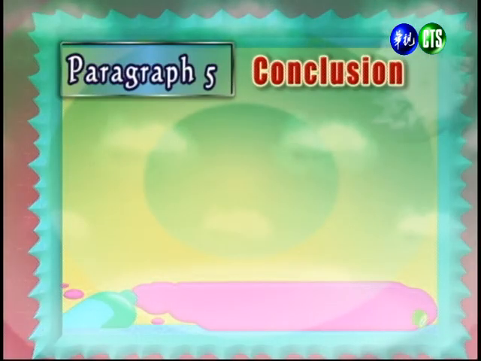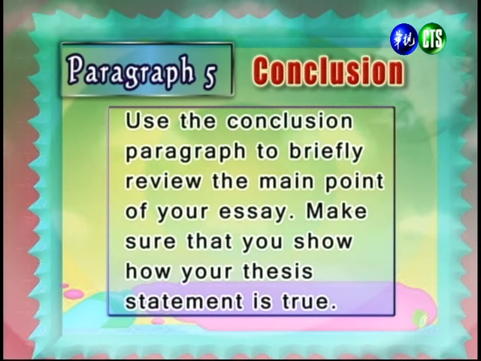All right, and now let's go and talk about our last paragraph, and this is the concluding paragraph of the point-by-point essay. 好，我们最后呢要看到的，也就是这整篇文章的结论了。And we can do this by writing a concluding paragraph that briefly reviews the main points of your essay, and then we can make sure that we show how the thesis statement is true. And again, this is very similar to what we had in the block essay. 好，我们在这个地方呢，我们可以利用结论简短的来回顾这篇文章中提到的所有重点，并且我们再一次的去验证我们的主旨叙述是正确的。